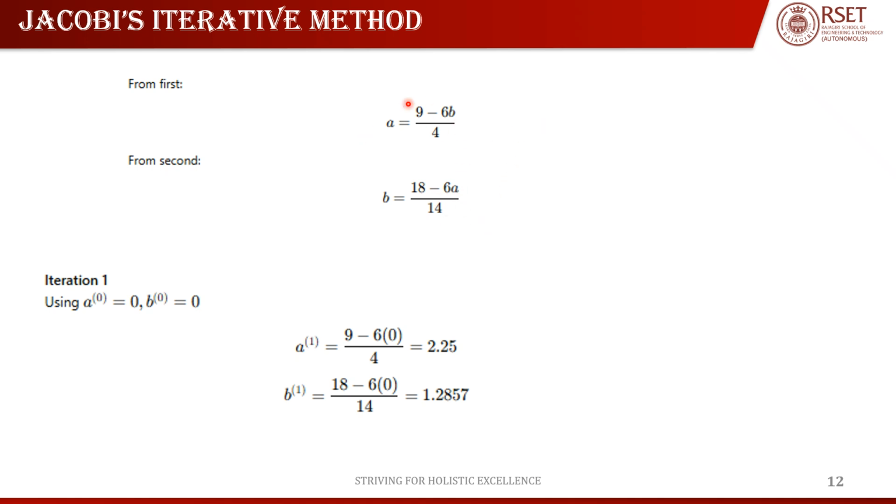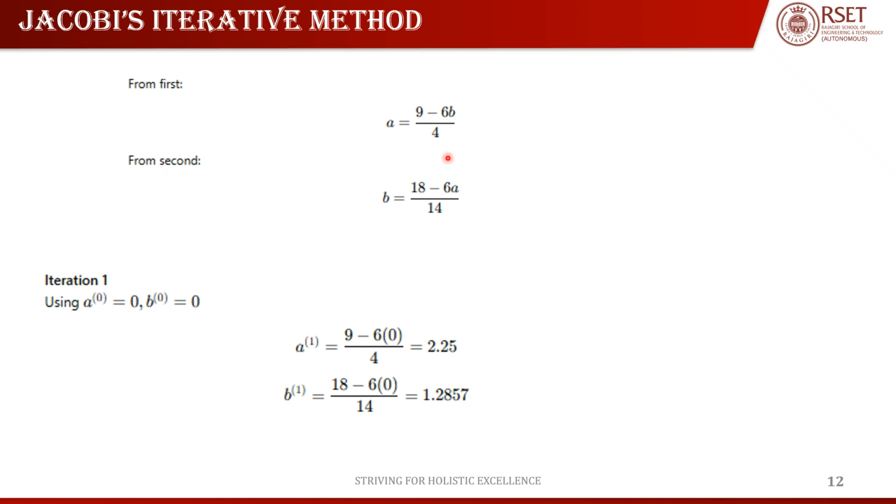Now you can find a1 using a0 and b0. A0 is 0. You substitute the value of 0, so you have a1, and to get b1 you substitute the value of a as 0, and you have a1 and b1. And now to get a2 and b2 you use a1 and b1. To get a2, your a2 will be (9 minus 6 b1) by 4, which is 9 minus 6